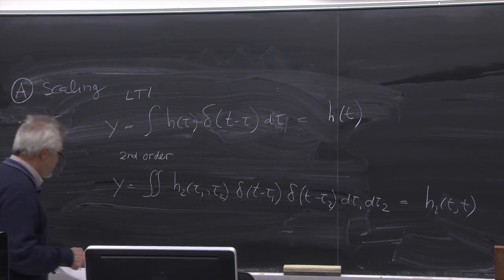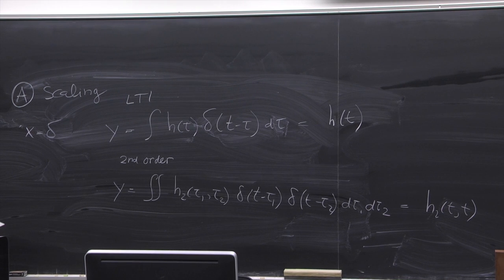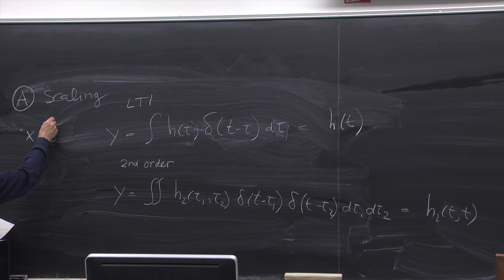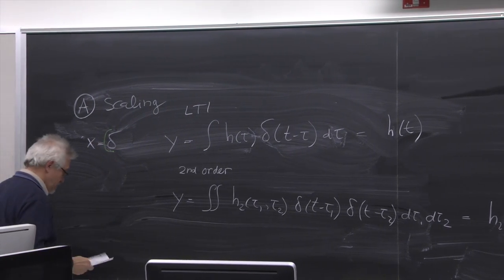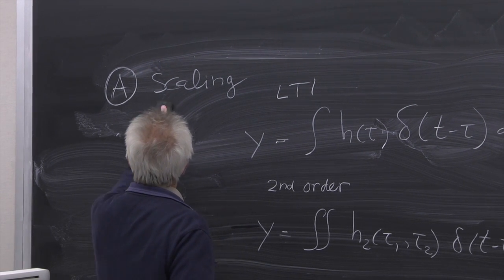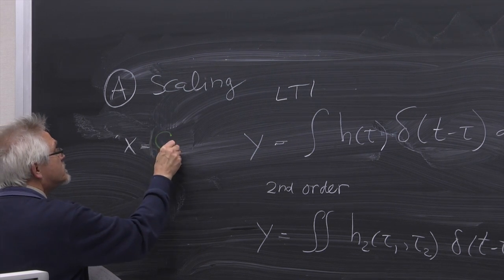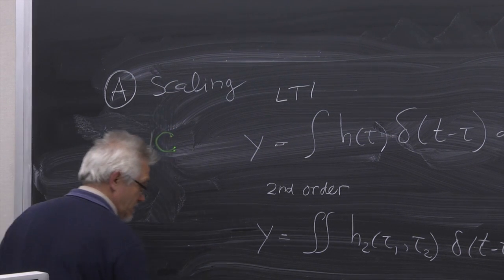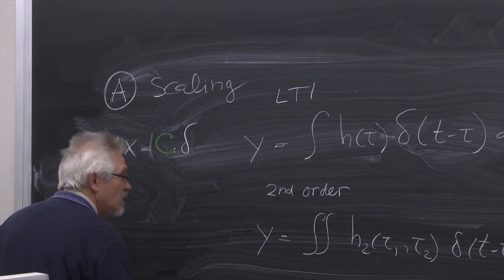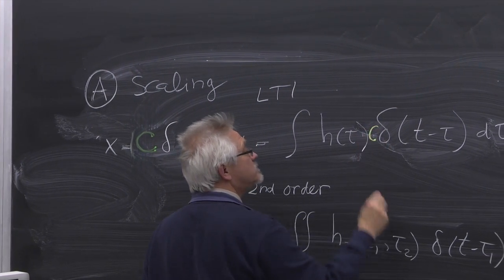Now I'm going to scale this thing. Instead of giving this an input delta, I'm going to give it an input C times delta. And if I do that here, I basically get a C here